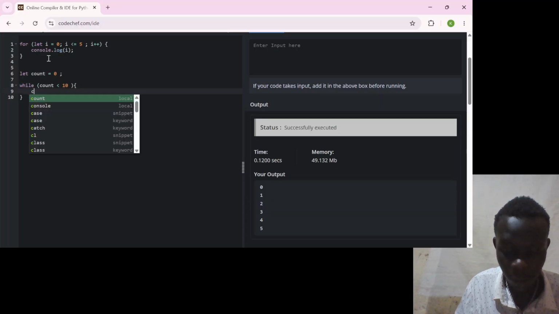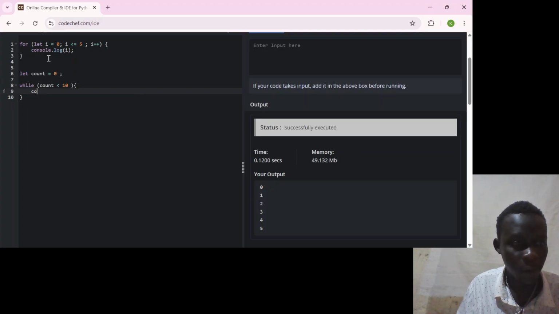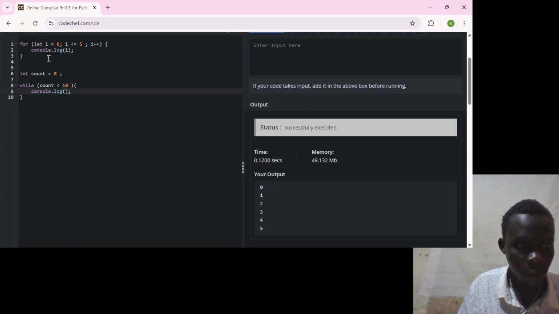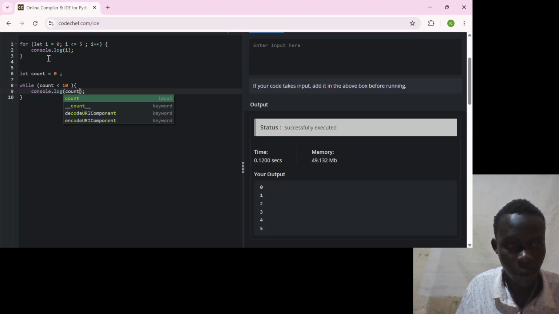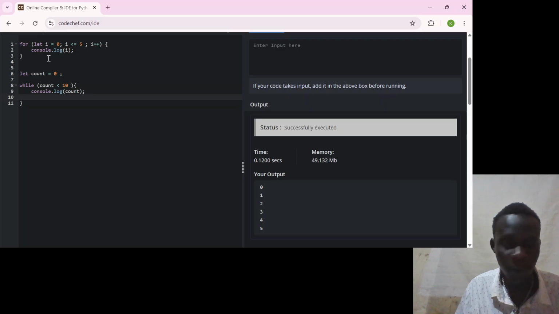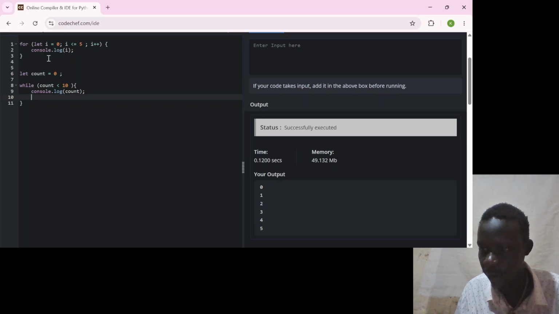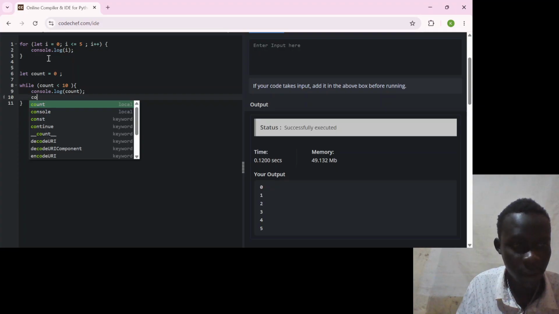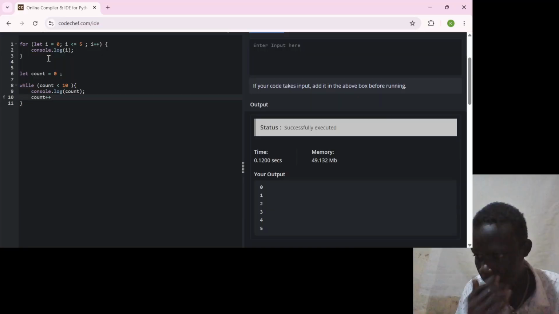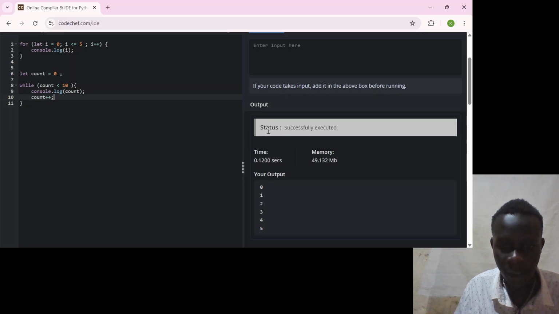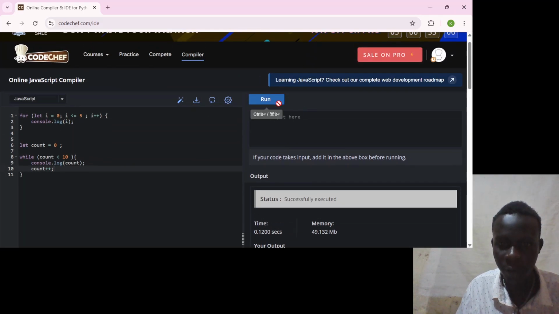Enter, then console log the count. While you console log the count, then we have to say count plus plus to end it. Count plus plus. We expect it to do the count up to 10, something like that. So if you run it,